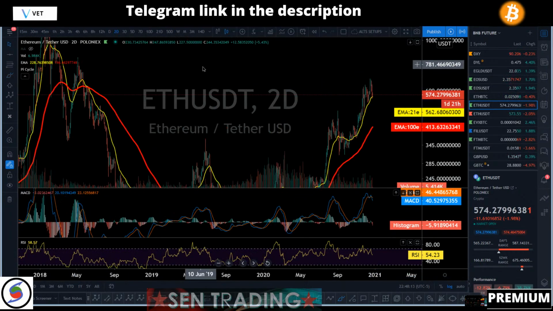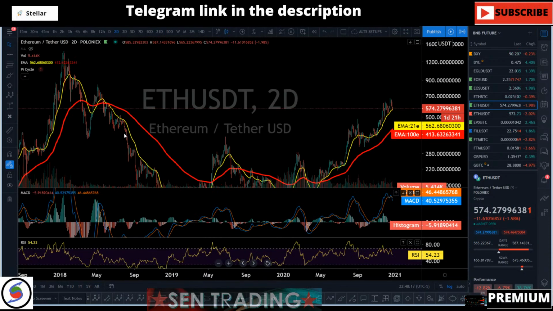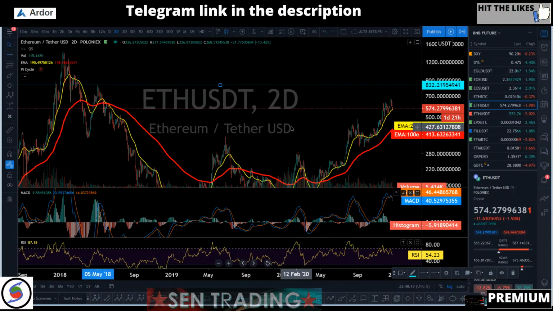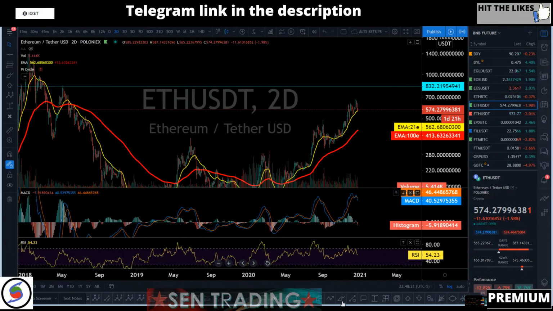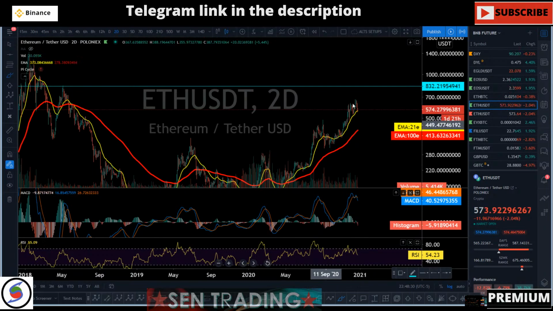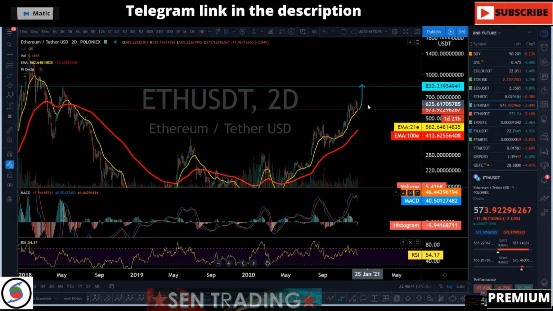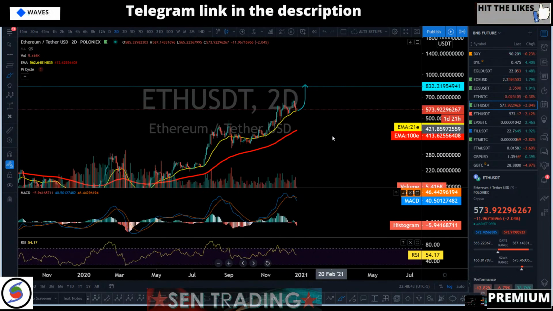Because remember, I said it, we do not have any resistance up to 800 right there. So can market structure create a new one? Absolutely, it can, but it is not guaranteed. If it does something like this, it's not going to be a strong resistance, but it is going to be a support, because it's going to dip back down to retest it. So let's just keep that in mind.